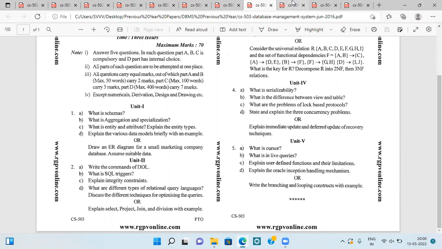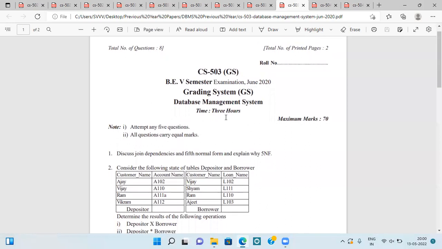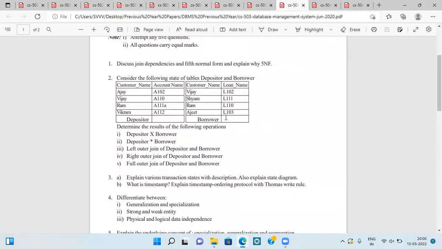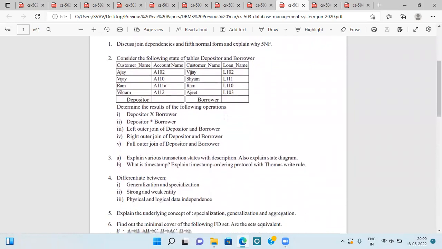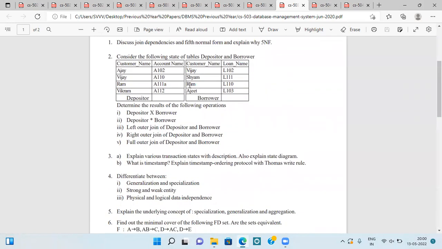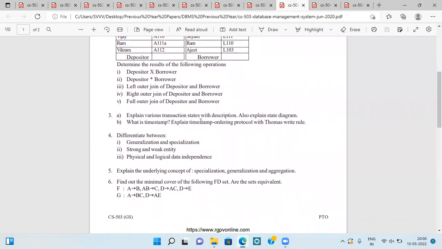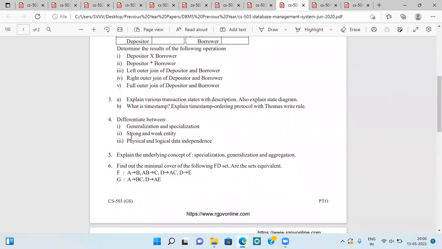and so on. Here you can see the question paper of June 2020, in which they are asking about join dependency and fifth normal form. Then a database is given, a table is given, and based on this, we have to solve these following questions. Then various transaction states with the description, timestamp and timestamp ordering protocol, generalization, specialization, strong and